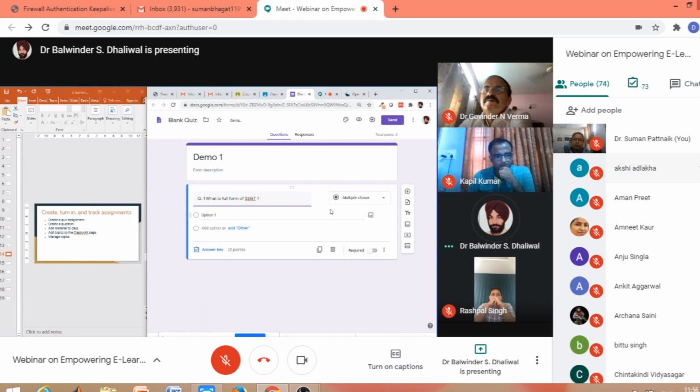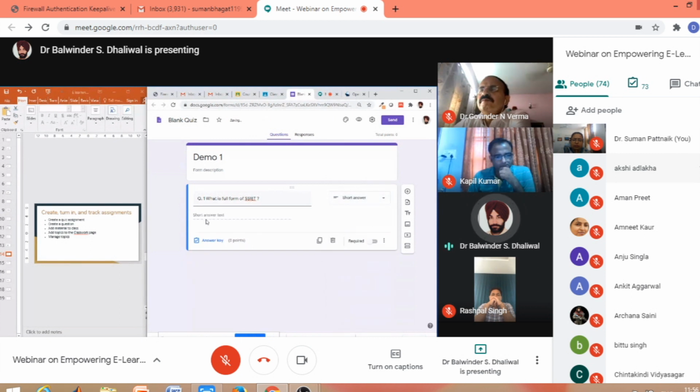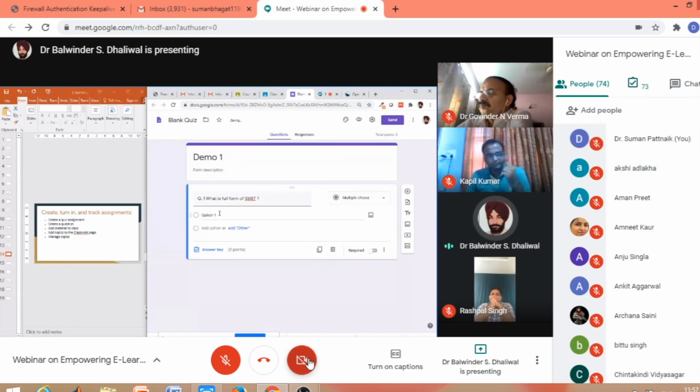Now there are different options which we can have for the question. We can have a short answer question if we want the student to write on their own, so we can select the short answer option, or we can have a paragraph type of option. But the most popular is that we can go for this multiple choice. We can write certain full forms out of which one may be correct.